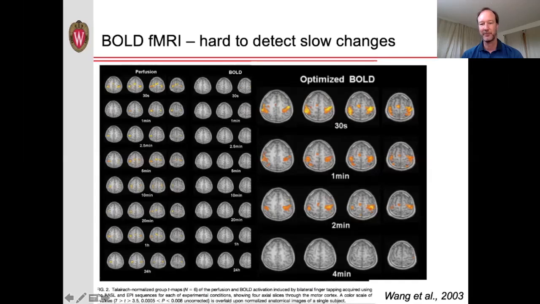In this case, 1 minute periods of finger tapping alternate with 1 minute periods of rest, or 2 minutes, or 4 minutes. And you notice as you get to these very long periods, 4 minutes of finger tapping versus rest, we lose really the signal. The reason for that is that there's a lot of noise in our fMRI data at these very low frequencies, or in other words, there are a lot of drifts in the data. And so it can become very difficult to distinguish these very slow true signal changes from all of the surrounding noise. So this is important to keep in mind when you're designing your fMRI study, that it is very difficult to detect these very slow